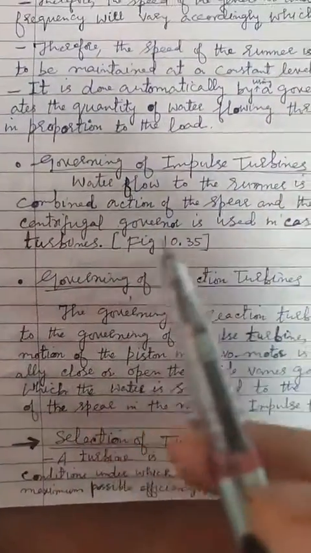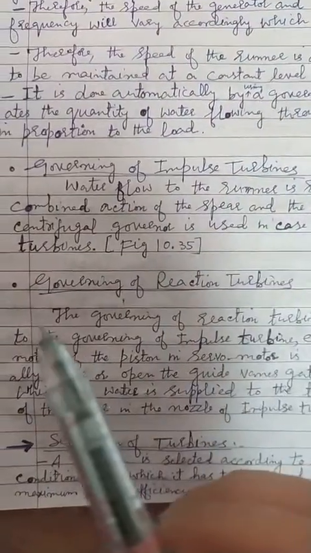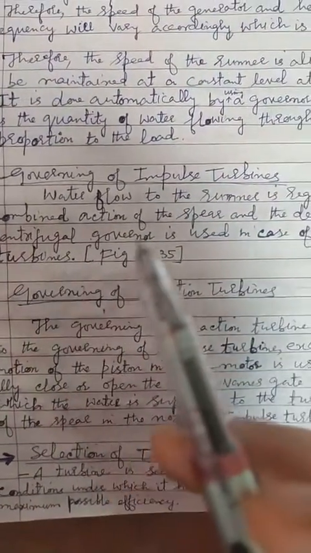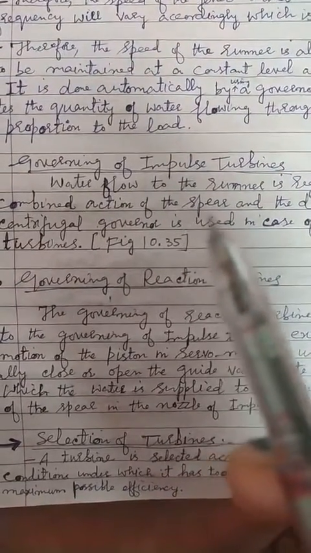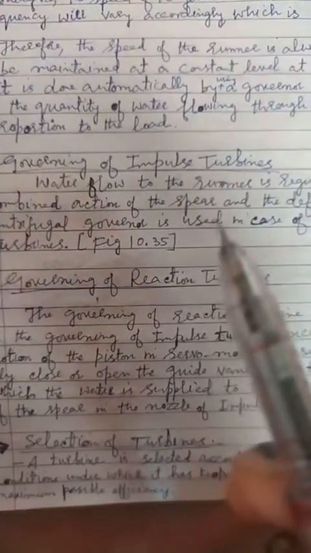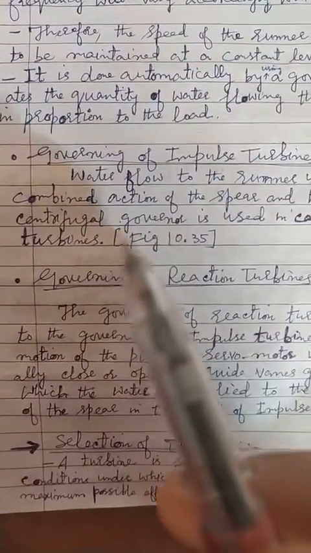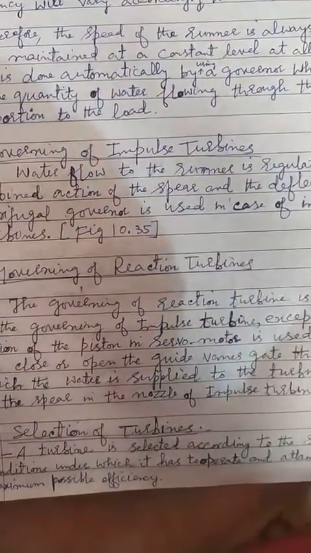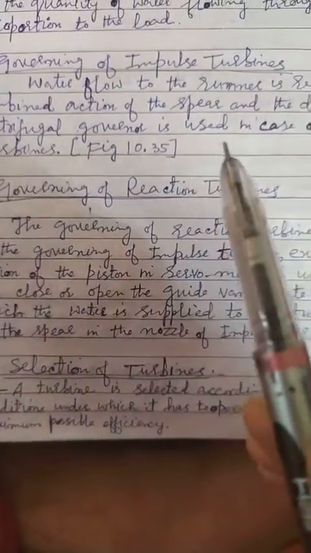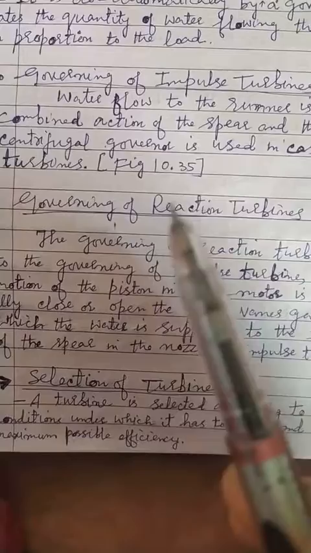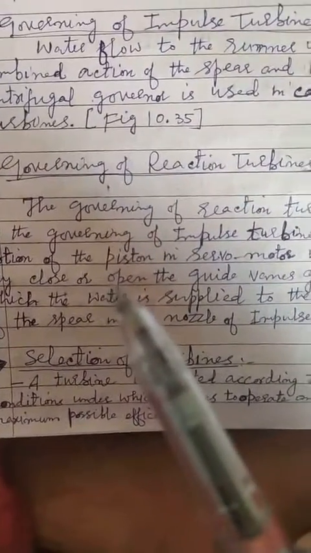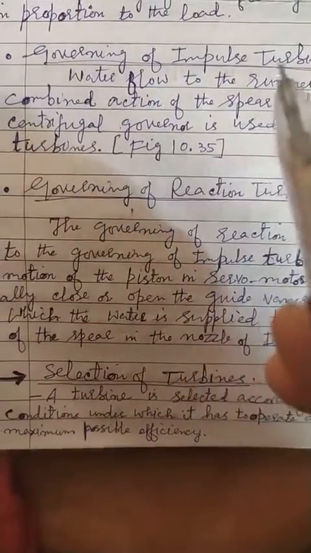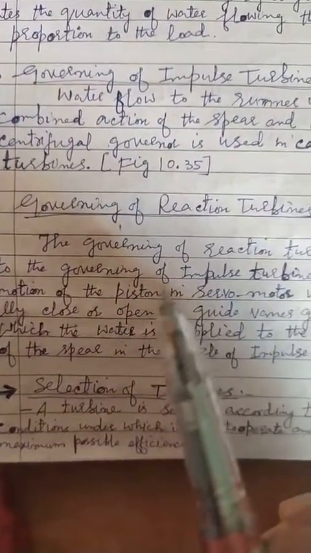ठीक है. So there are two types of governing system: governing system of impulse turbine and governing system of reaction turbine. As I already told you, in the impulse turbine there is a spear in the nozzle which is also part of the governing system, and we are also using a centrifugal type of governor in the impulse turbine. But in the reaction turbine there is only a little difference, that this spear part is not used. So यहाँ पे spear use नहीं होता है, otherwise there is also a governing system in the reaction turbine. You can study this, it is very easy and mentioned in the notes.